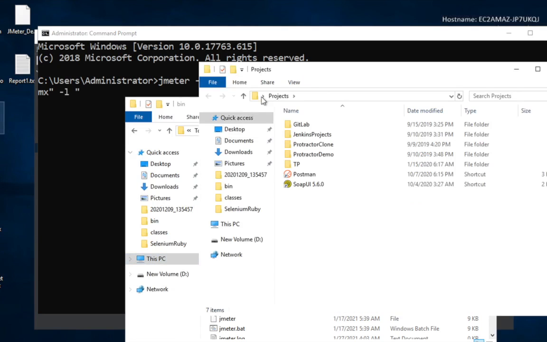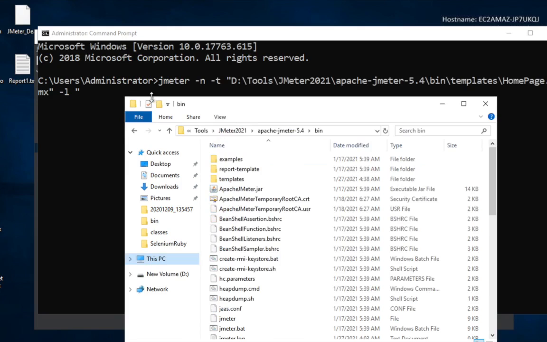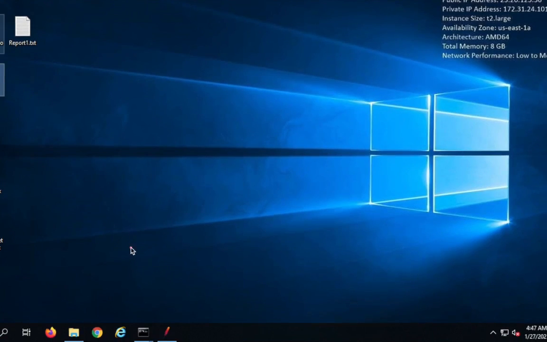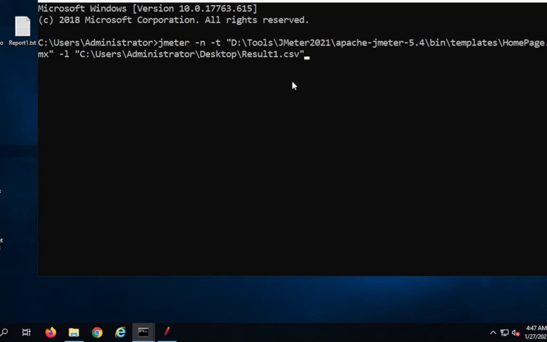So here I will copy the location of my desktop. Let me just copy until here, and then I will add it here, and I want to name a file, let us say result1.csv. And you can see as of now I do not have any result1.csv file here on my desktop, so it will create a new file. So I will now say this is fine, and now for the reporting I will say -e and -o, and then again the location of my report output folder, and again I will give the location on my desktop. You can give any location. I will say report,